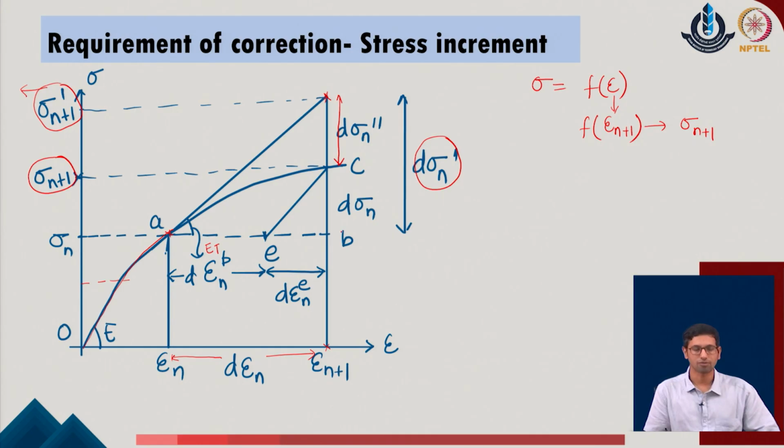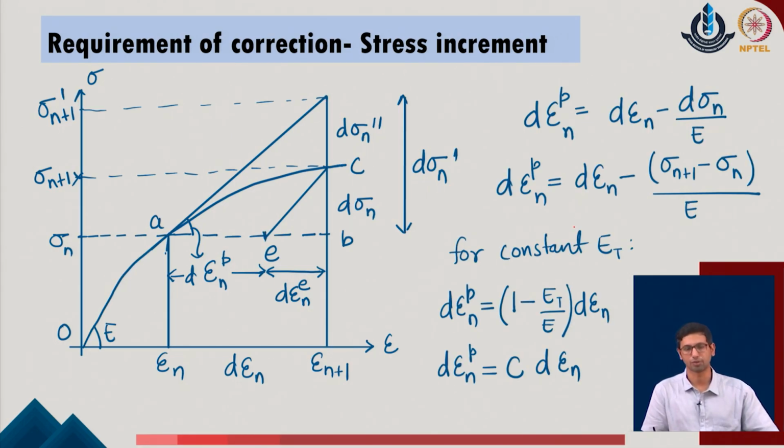Now, to account for that, we also evaluate the plastic strain parameters. The overall system at this point where sigma n plus 1 lies, from there we try to draw the reversal load unloading path on this system. This unloading path, at the level of the initial position of the given system at which we have initiated the deformations, or at which we have drawn the tangent matrix of the given system, identifies the component related to the elastic component of the strain and the plastic component of the strain in the given system.